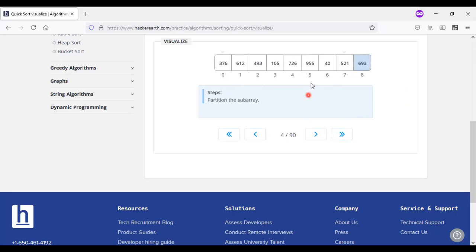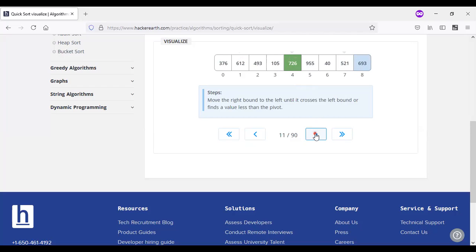So here it is 693. We have chosen multiple values here. We need to see the left sublist and the right sublist. Since it has the values 726 and 955 in the right list, these elements will be considered. Up to this step there is no change in the processing, because the partitioning considers values less than the pivot element, and the pivot element is not allowed to stay at the right side.